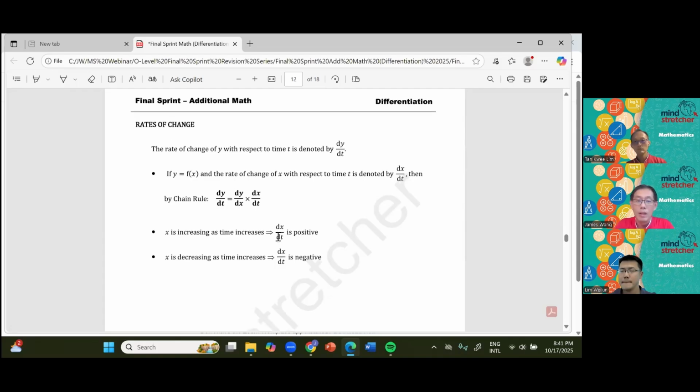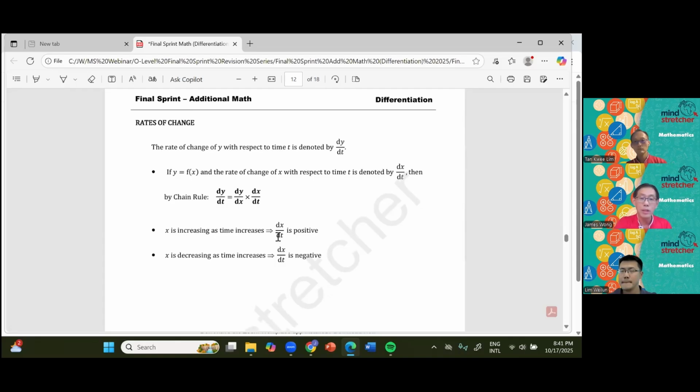Okay. Now let's go through this rate of change in the next question to show you how we apply that. Whenever there is a question on rate of change, I just want to highlight that when there's a change with respect to time, you must always look out for what is that particular variable that is actually changing with respect to time, whether it is the y or the x value, and we will write it as dy/dt